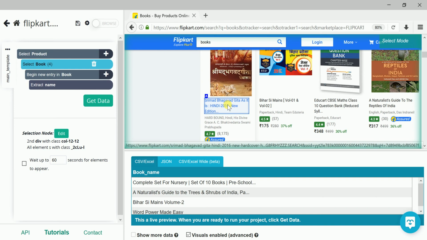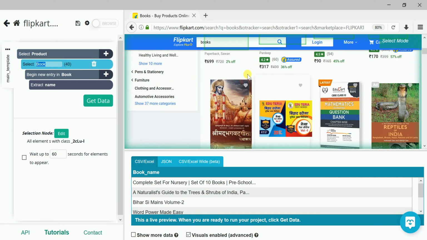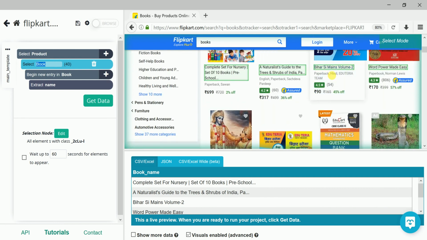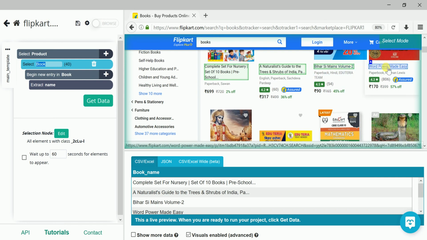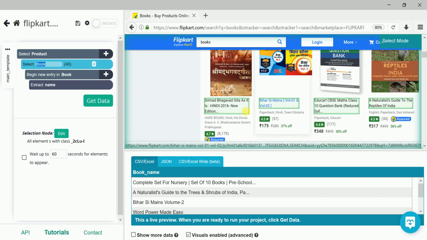You can select 4 and suddenly it increases to 40, because when we selected this and this name, it was not able to load perfectly. So you go for the third one. If it is not selected, then you can go for the fourth one, until the desired number of books is selected. You can see here 40 is selected. This is fine. We got 40 on the first page.